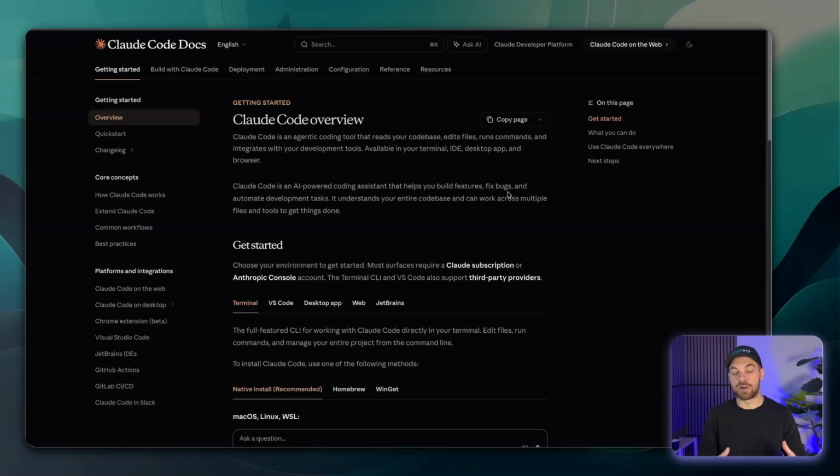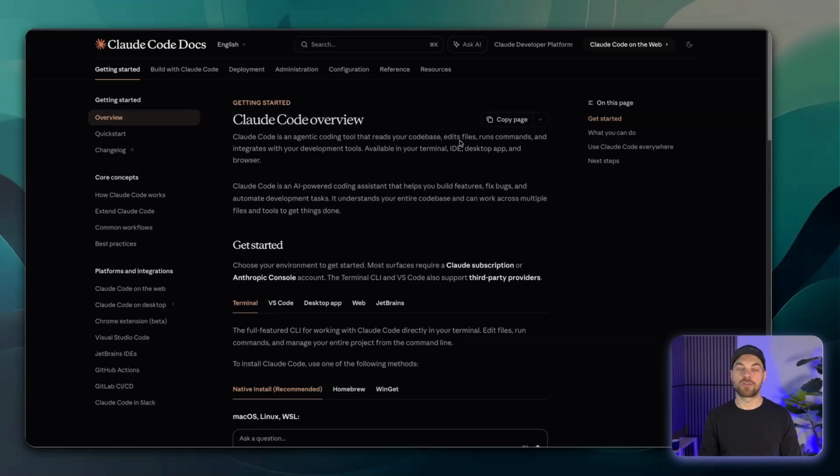I have learned how to use Claude Code within the terminal, within Visual Studio Code, and it has been an absolute game changer. What I'm going to show you is how to install it into your system and then how to get started with it. We're going to keep it really simple. I'll show you some of the high level features. There's a lot more that you can do with it, but to get started here,